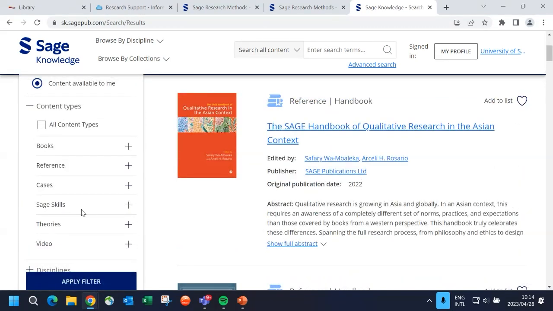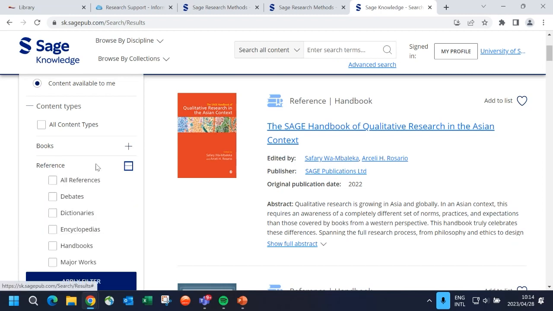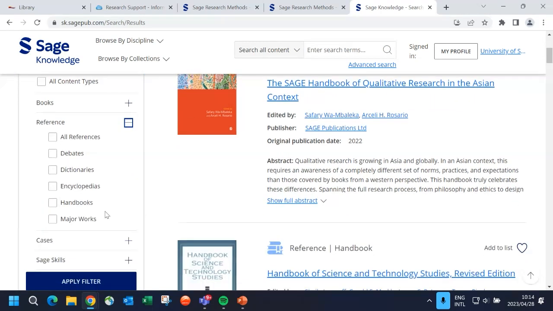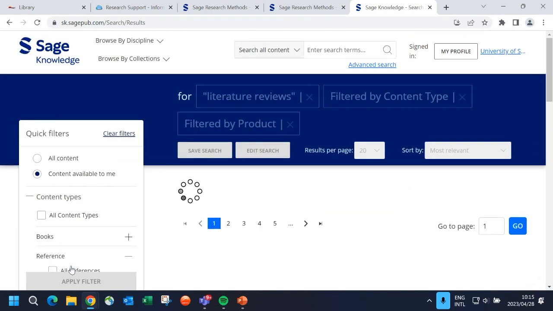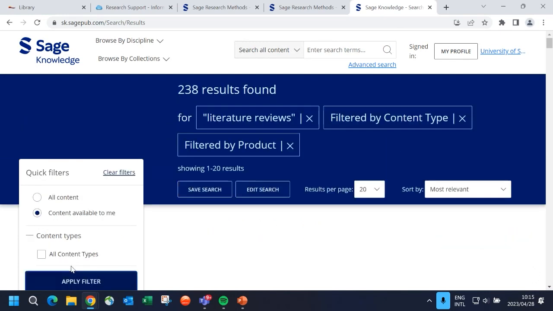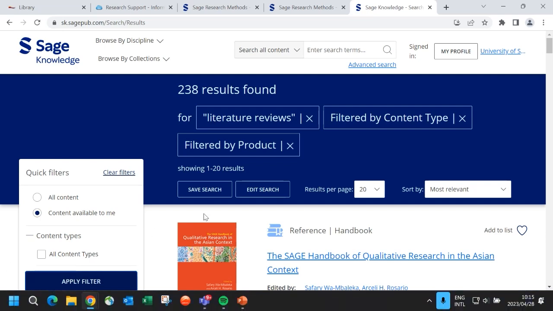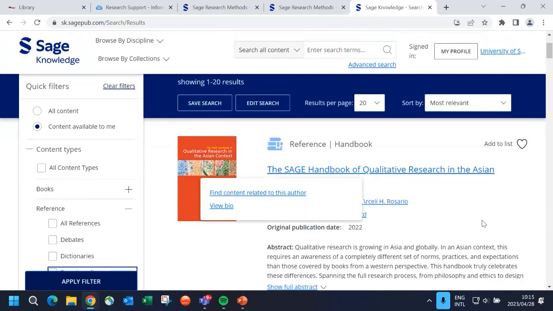And in this case, I'm going to say I'm interested in either theories of literature review. Let's see this, all theories as far as literature review is concerned, and then I want maybe encyclopedias, and then apply filters. Use these databases. You'll get used to them as soon as you start. This is the reference. It's a handbook